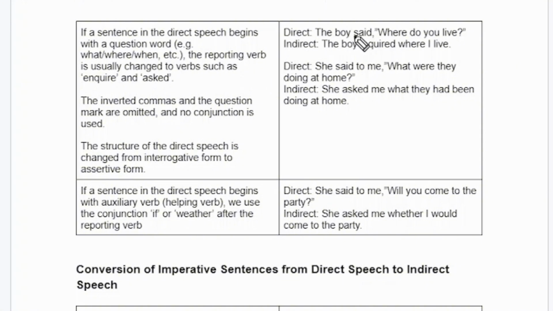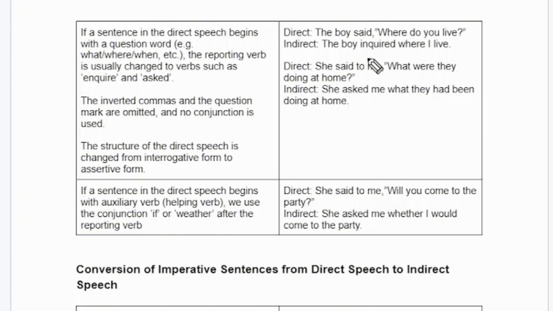Direct: The boy said, where do you live? Indirect: The boy inquired where I live. So what have you learned over here? The boy said, "said" converted into "inquired". So why do we use inquire? Because there is a question. Okay, the person is